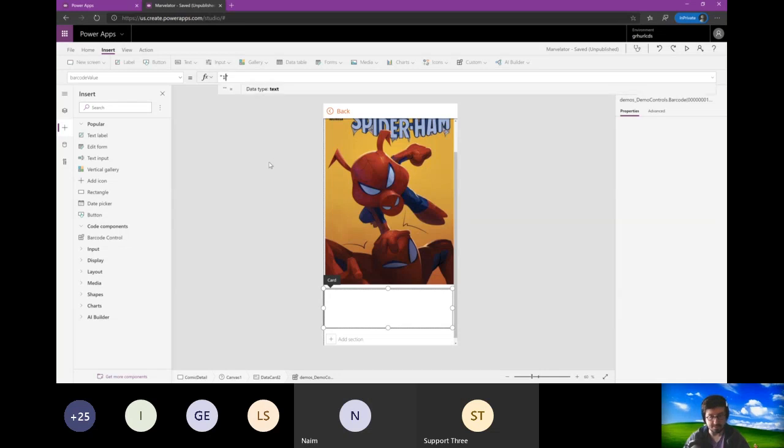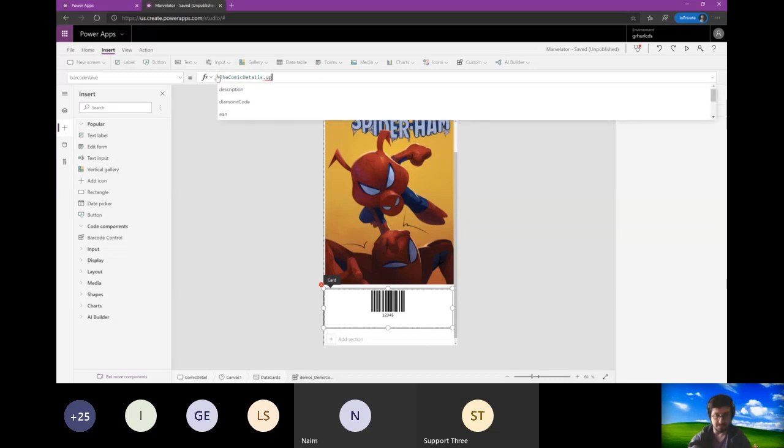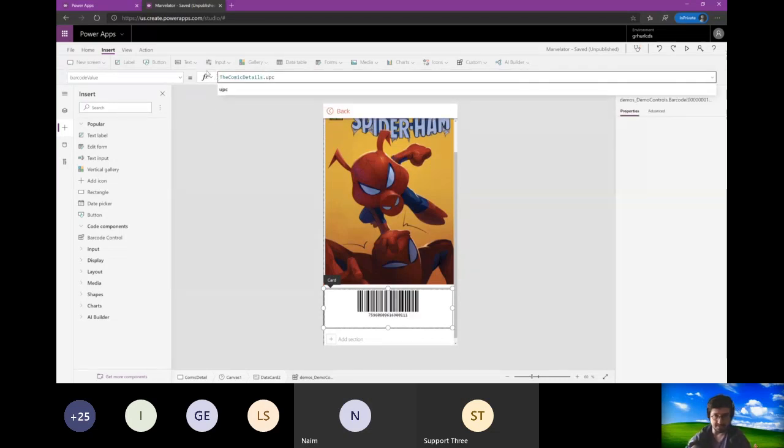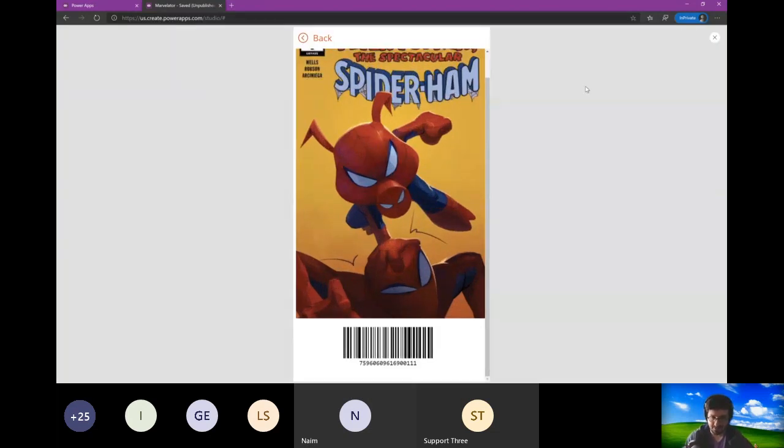Let's just do a quick test here. 1, 2, 3, 4, 5. All right, so that is showing a barcode. So I will point it to the UPC symbol for this particular comic, and it's there, and it just works. Okay, so that was a lot of refreshing and opening Power Apps over and over, but hopefully the bug will get fixed. In the meantime, one thing I want to point out before we dive into code is